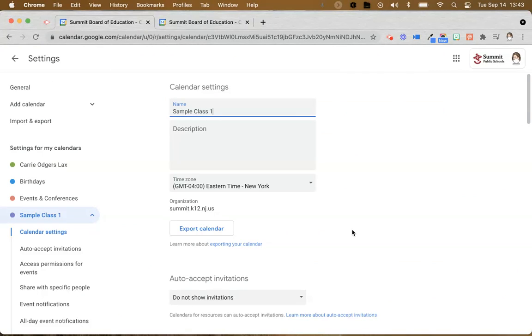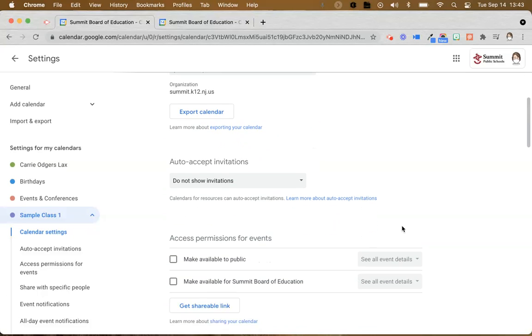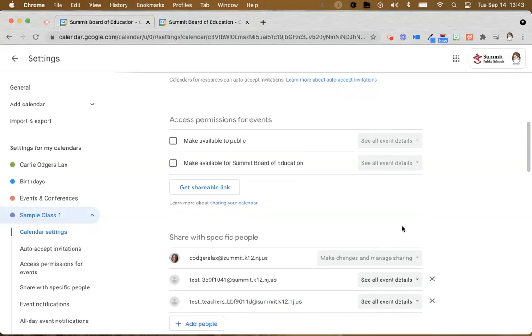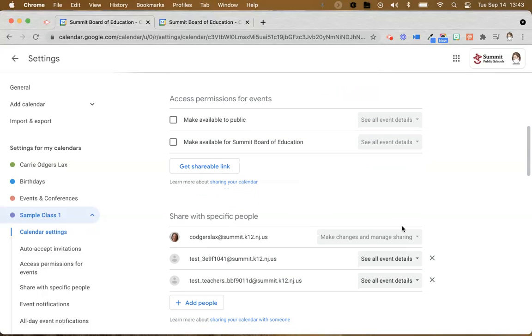There are several settings you can alter here, but I'm just going to focus on a few that I think are the most important. So up at the top, you can change the calendar name. And if you scroll down a little ways, you'll find access permissions for events. And this is super important if you want to share your calendar with other people or if you want to